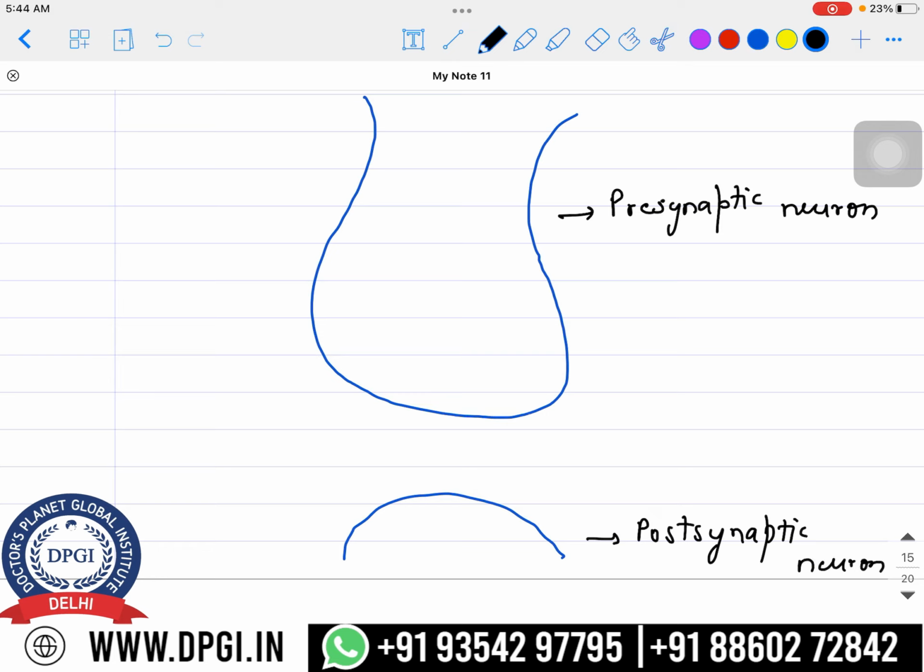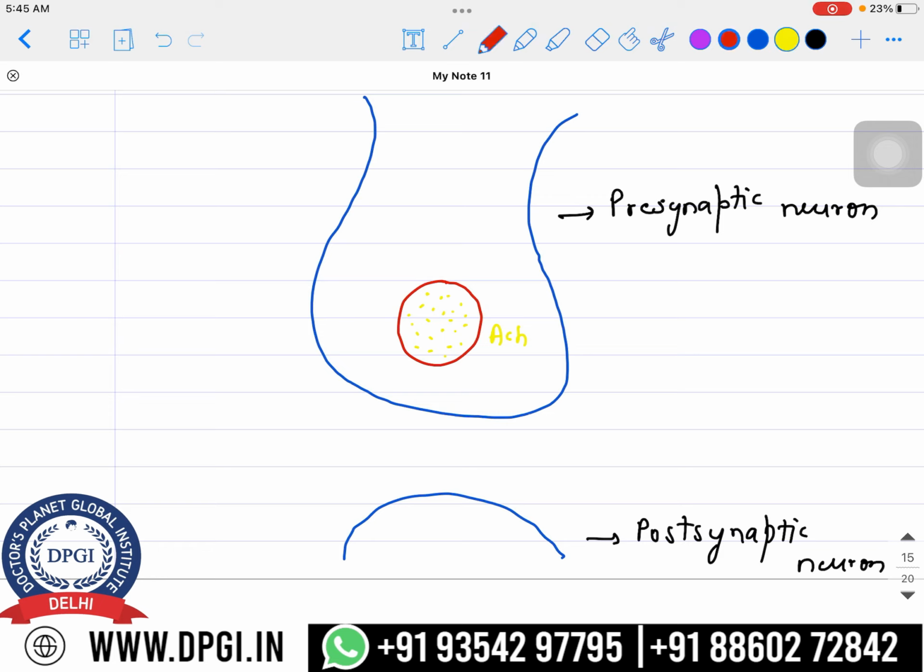Inside the presynaptic neuron, basically we have a vesicle. I'm drawing it with a different color so that you can easily appreciate it. There is a vesicle inside it, and inside the vesicle we have the neurotransmitter, right? Because, as I said, we are focusing today on the parasympathetic nervous system, that is the cholinergic system, which neurotransmitter did I tell you? Preganglionic also, postganglionic also, we talked about the acetylcholine neurotransmitter. So here inside it we have the acetylcholine, right?